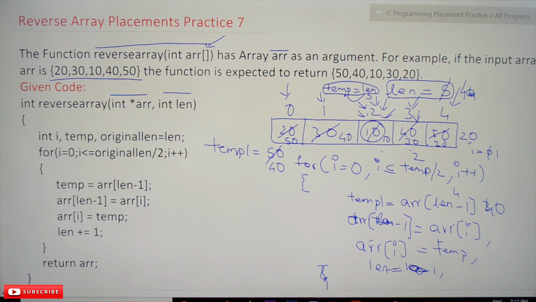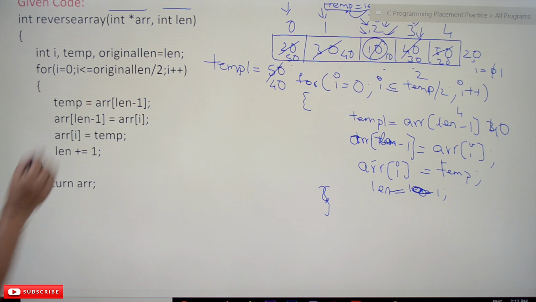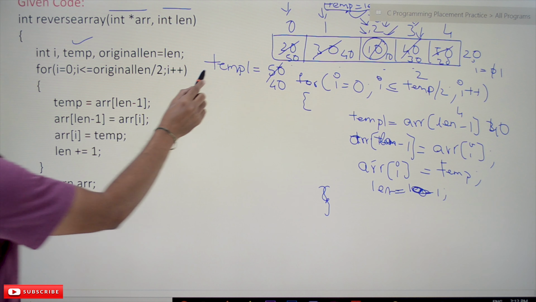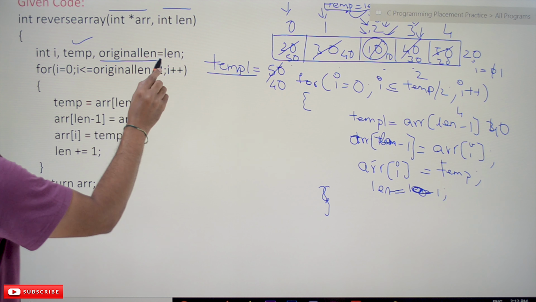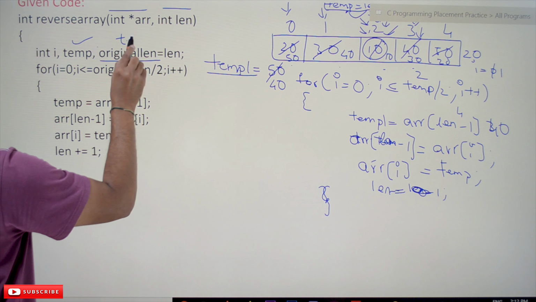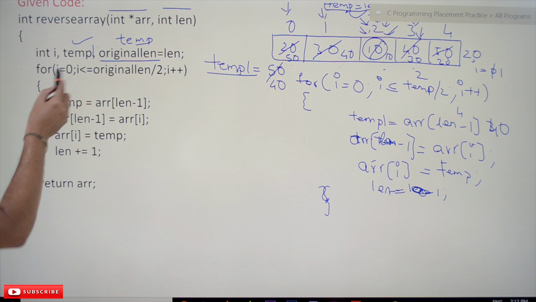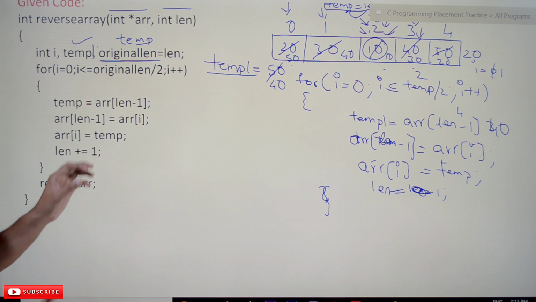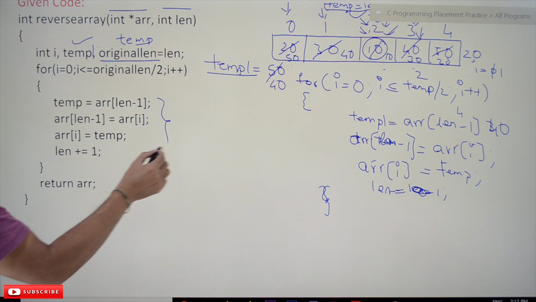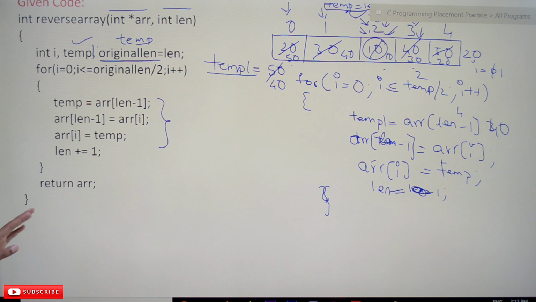Now let's check the logic. See, this is the logic that is given. Are there any mistakes? So these are the temporary variable. In our case it is this one. Original ln is equal to temp in our case it is temp, and this is temp1. So I'm just synchronizing these two codes. So original length minus 1 by 2, original length by 2. So the swap condition, nothing to change in the swap condition. The only mistake here is this one.